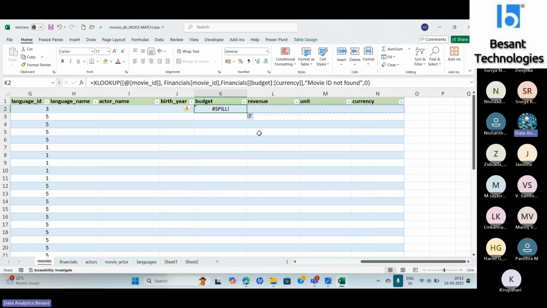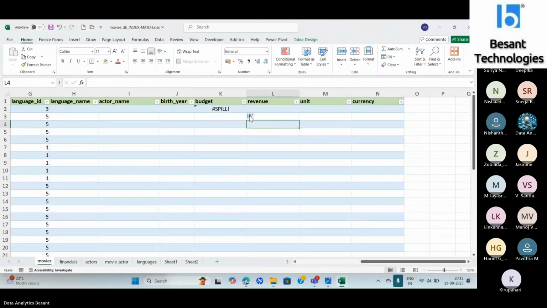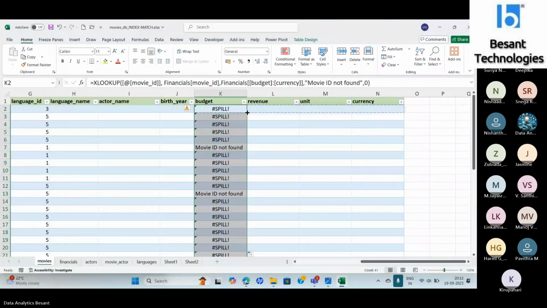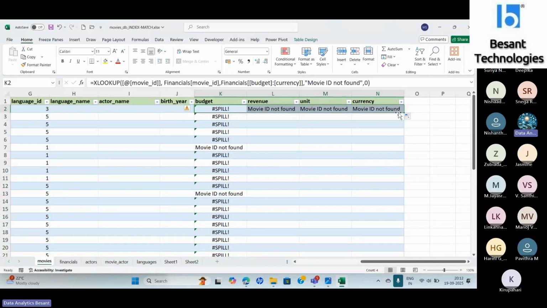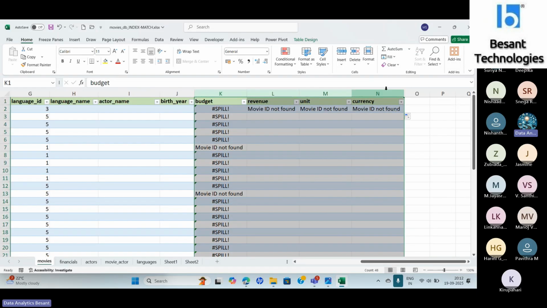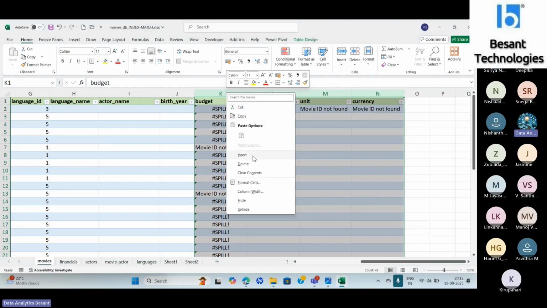It's a table, so it won't help me. That's the only reason it's telling me spill error, spill range in table. That's problematic, I've told you earlier also. What can I do? Even if I double click, it's not going to help us out. Maybe if I drag it, it would tell me this, but this ID is actually found. What I can do is delete the whole of it,